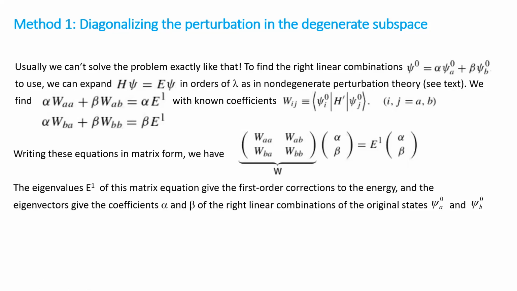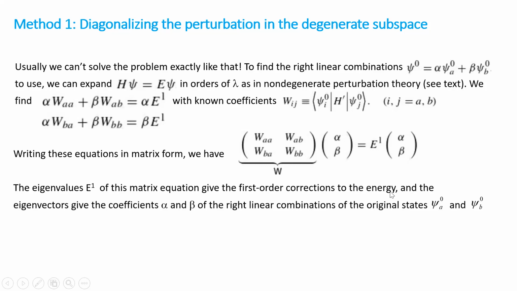So this is an eigenvalue equation, where we have a matrix W times a vector equal to E1 times the vector back again. And it turns out the eigenvalues E1 of this matrix equation give the first order corrections to the energy,